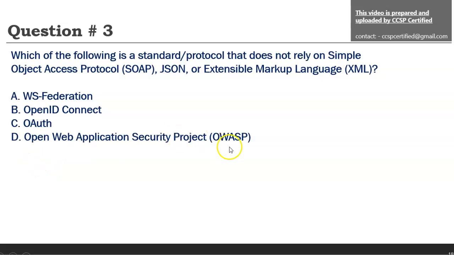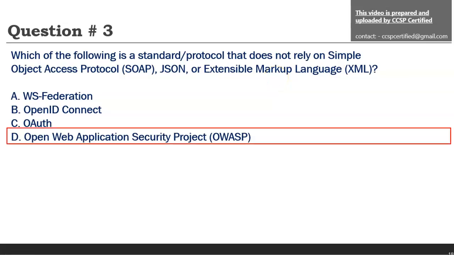The last option, OWASP, which is the top 10 vulnerabilities and is a non-profit foundation. You may get confused with XML in this option, though it has an XML parser and XSS attack mentioned, but it is not a standard that relies on this. They do confuse you by adding some extra keywords here. So you may think that XML may be associated with OWASP, but it's not. It is a simple standard to provide the top 10 vulnerabilities, nothing to do with XML. Hence the answer will be option D.